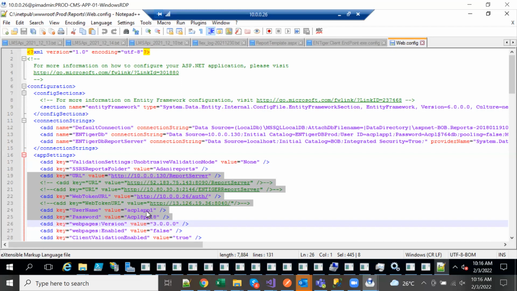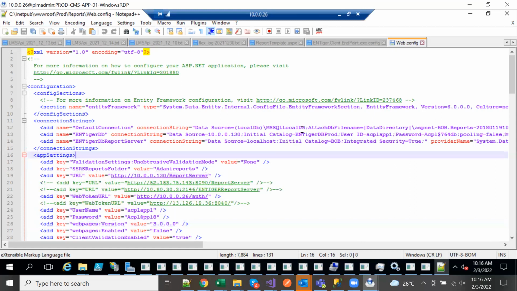Sometimes your passwords might change, means the server password might change, which means you need to change it at that time. Many times your issues with the SSRS reports are cyclic. Once in a month, the password is changed and suddenly that report stops working, mainly because of this password change. Okay, so now going back into the context, we are picking up this database N-Tiger DB prod.